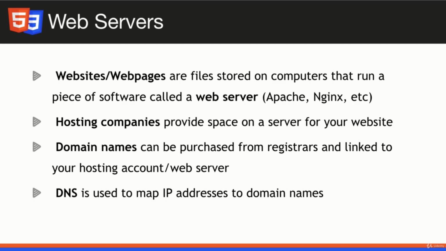So what you usually do is build a website on your local machine at your home or office, and then upload it to a hosting company, or to a server that a hosting company owns. There are all different types of hosting accounts. You can get a dedicated server, which is an actual computer dedicated to your use, but those are really expensive. You have shared hosting, where you share accounts on one server with other people. This is much cheaper, and I'll go over the different types of hosting in a later section. But that's basically what you're going to do: use a hosting company, and in addition to that, you're going to need a domain name,